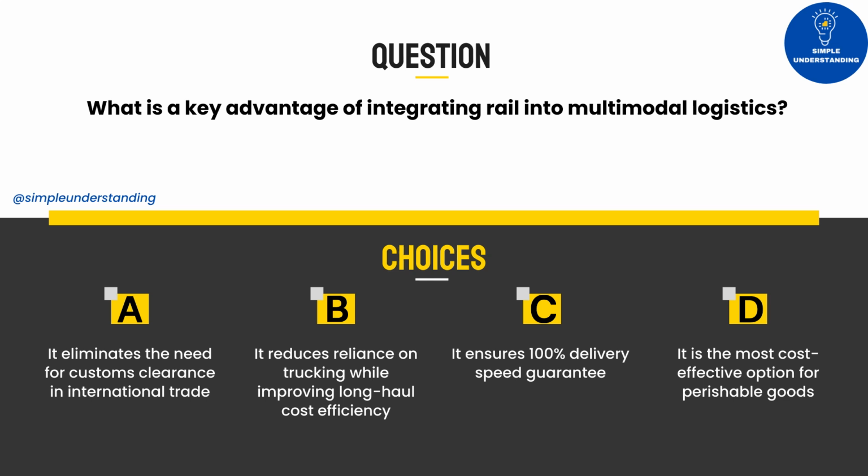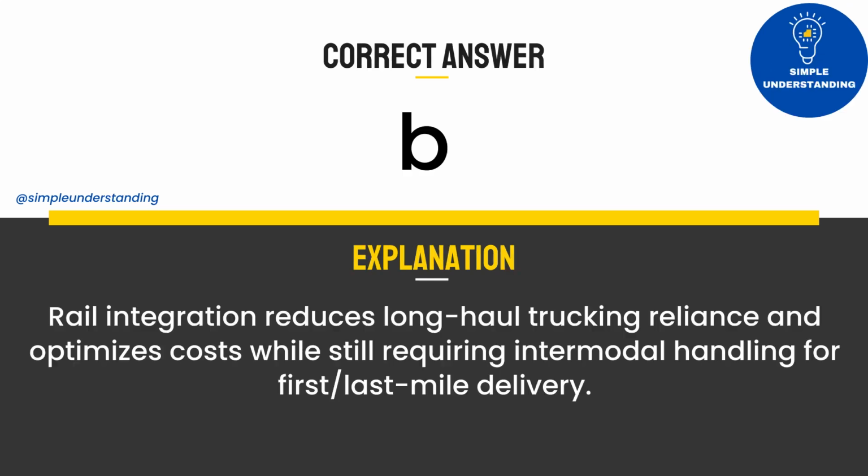A. It eliminates the need for customs clearance in international trade. B. It reduces reliance on trucking while improving long-haul cost efficiency. C. It ensures 100% delivery speed guarantee. D. It is the most cost-effective option for perishable goods. Correct answer, B. Explanation. Rail integration reduces long-haul trucking reliance and optimizes costs while still requiring intermodal handling for first/last